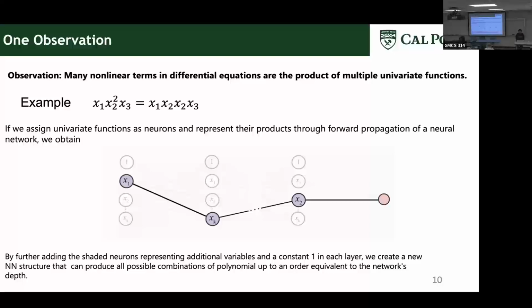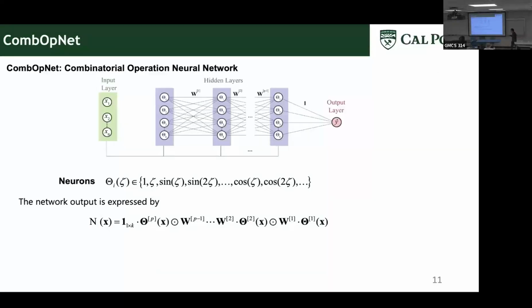Right. So this brings us to our neural network here. We also have an input layer, hidden layer, and output layer. And the input layer, different from a multi-layer perceptron, shares the input data with all layers. So theta one here is like a candidate function, or just a neuron. For each layer, it could take a constant, it could take a monomial, it could also be sine, cosine.